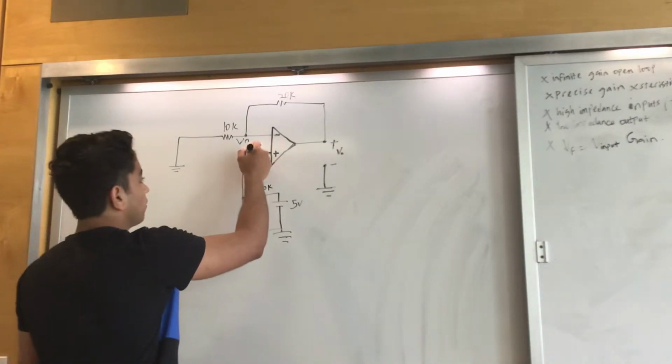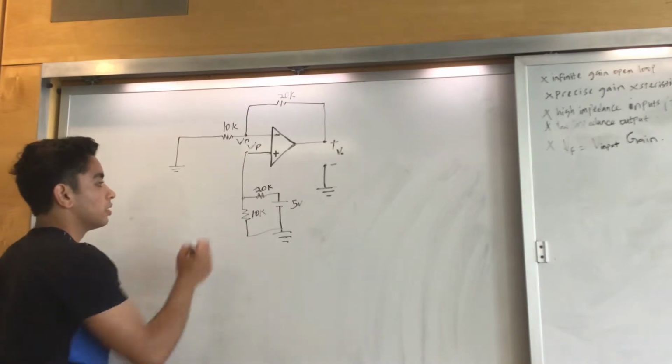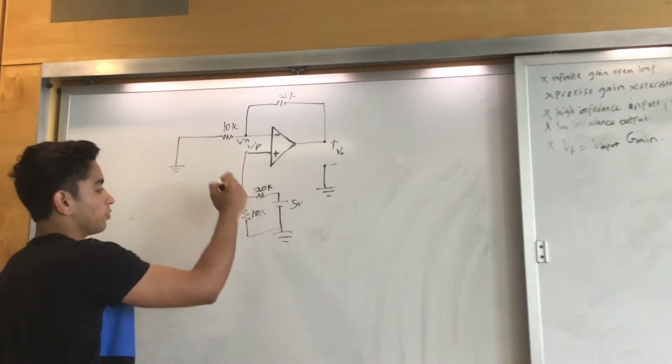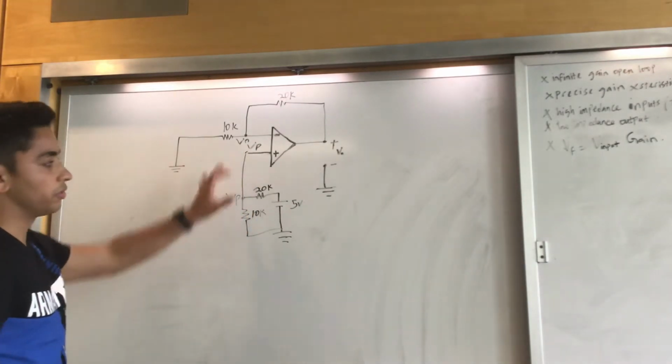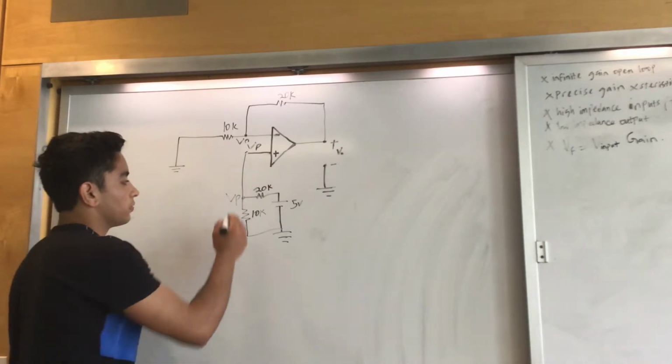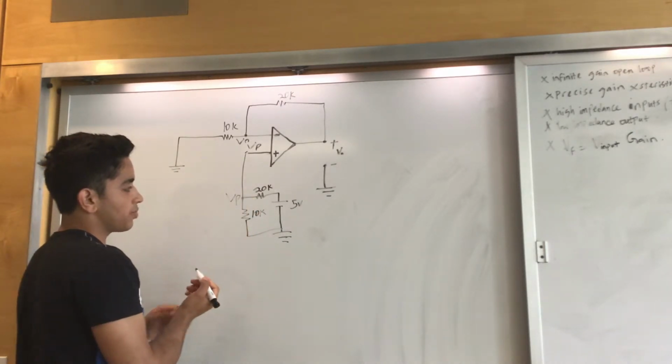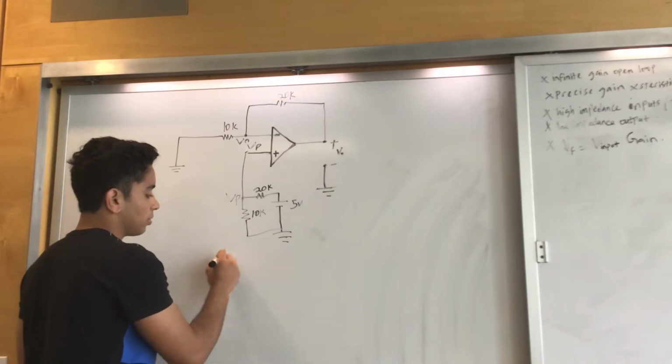So if you look here, we don't have anything between these. So this is VP as well. They are the same potential because there's no potential drop across this area. So doing NVM here, VP upon 10,000